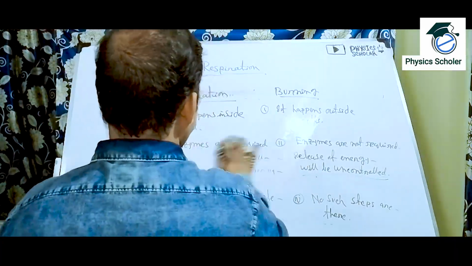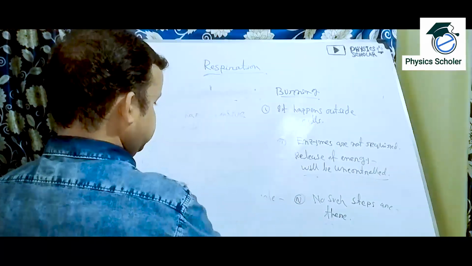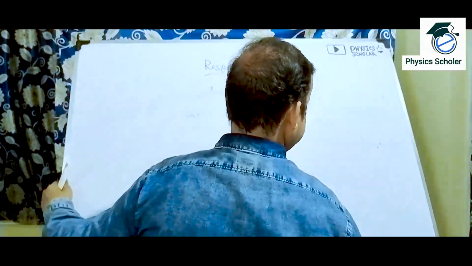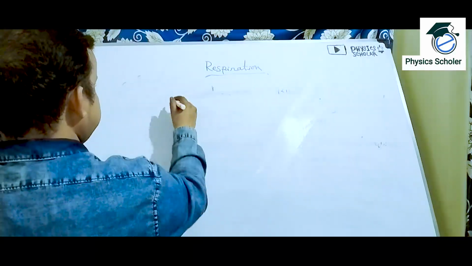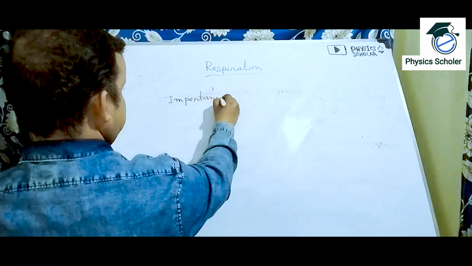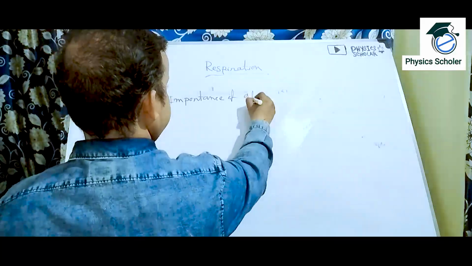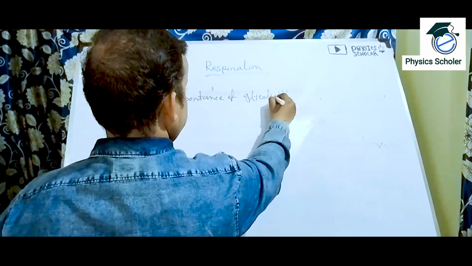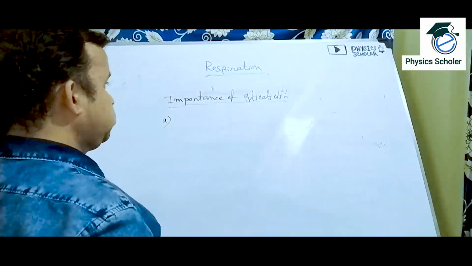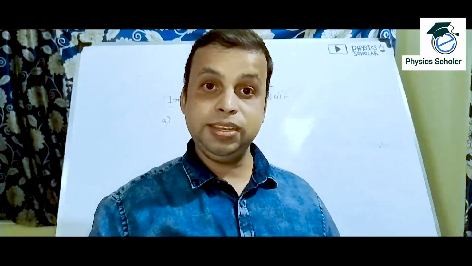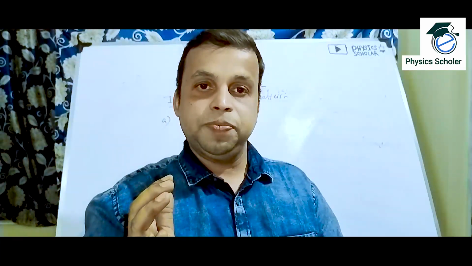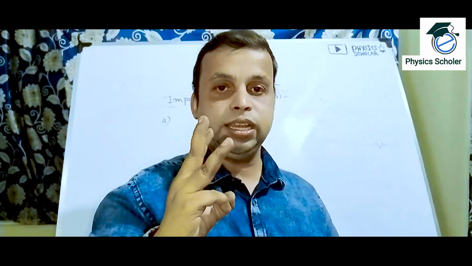Another question may come from this, and it is very important: the importance of glycolysis. What is the importance of glycolysis? Glycolysis is the first step of respiration, where glucose is converted into a 3 carbon compound, pyruvate,